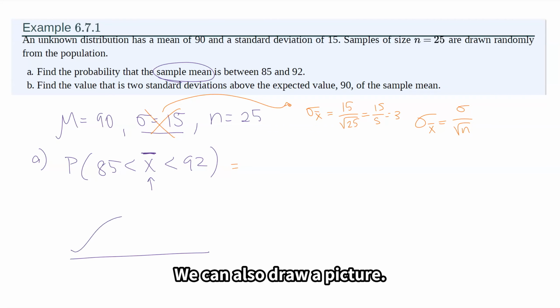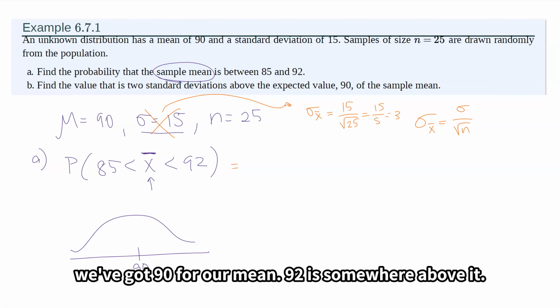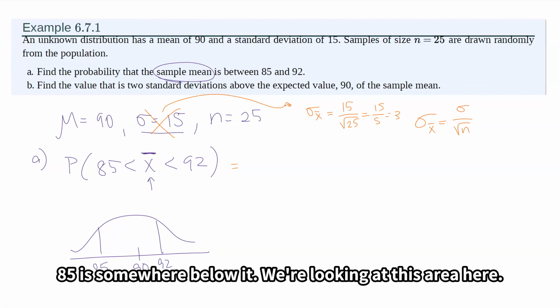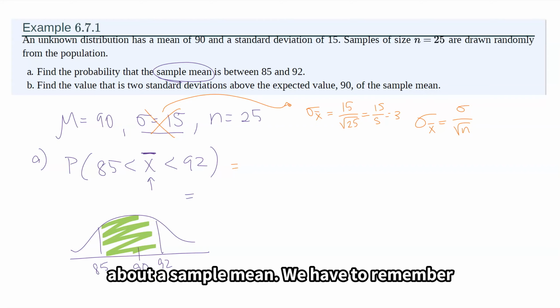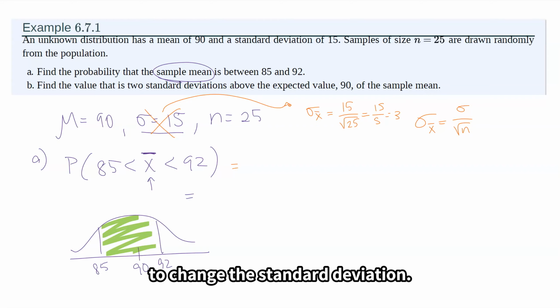But we can also draw a picture. Let's draw a picture first. We've got 90 for our mean. 92 is somewhere above it. 85 is somewhere below it. We're looking at this area here. So the picture doesn't really change when we're talking about a sample mean. We have to remember to change the standard deviation. So this will still be